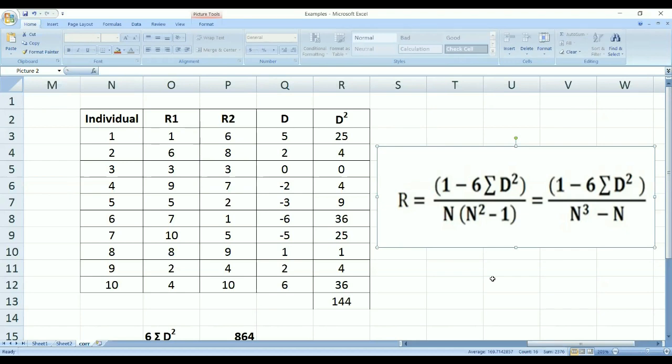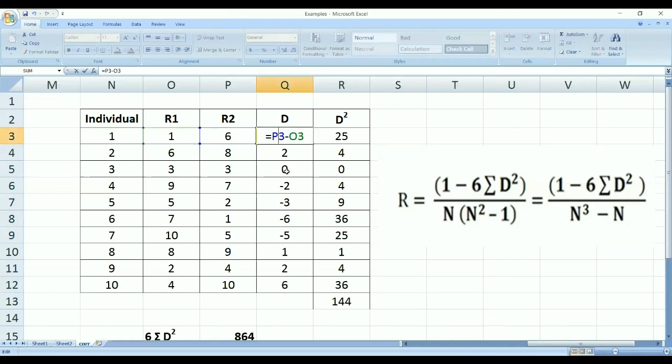We have 5 more minutes. Try to solve it. Just type this example first and try to substitute all the values in that formula and get the answer. D is just the difference between the two variables. If you do R2 minus R1, that is also okay, because after that we are taking a square. Minus minus square will be plus, and if the value is plus, the answer will be the same.